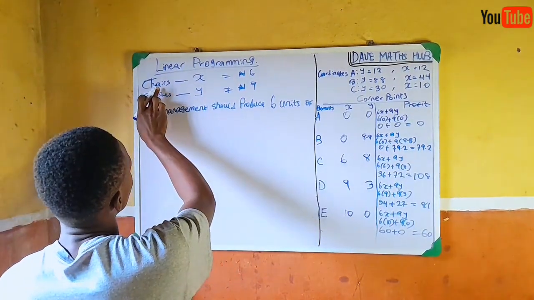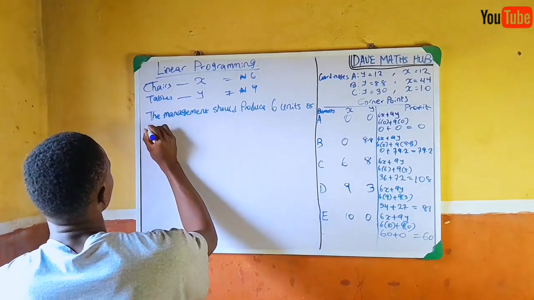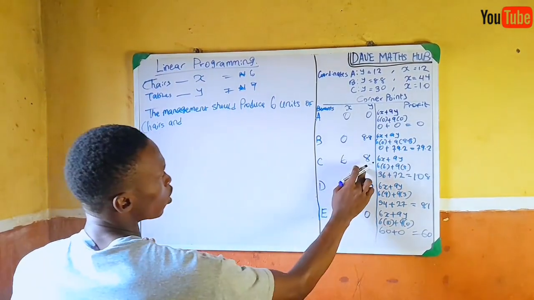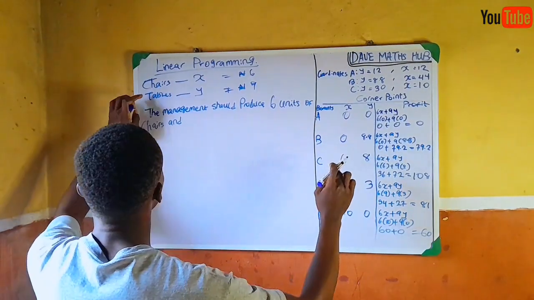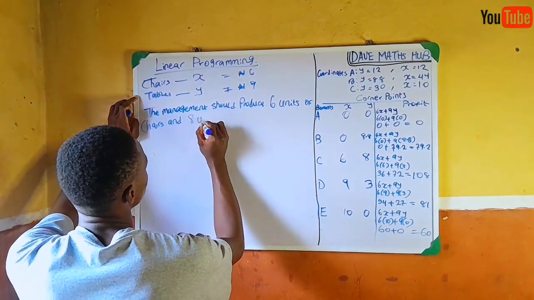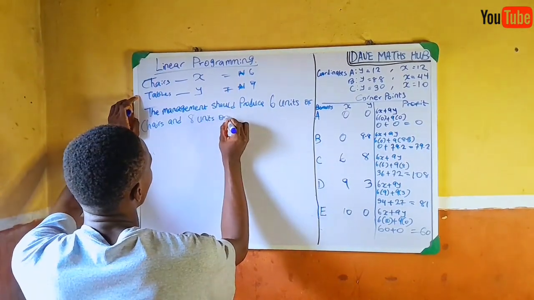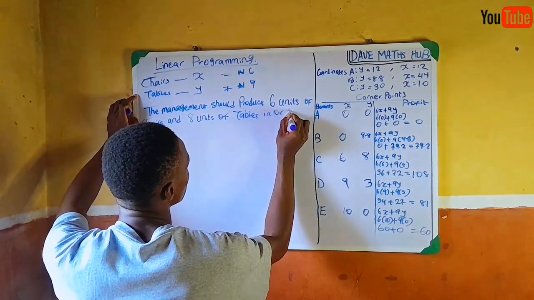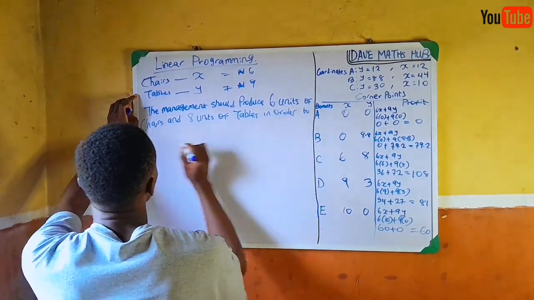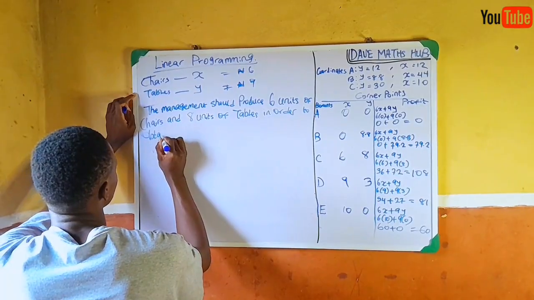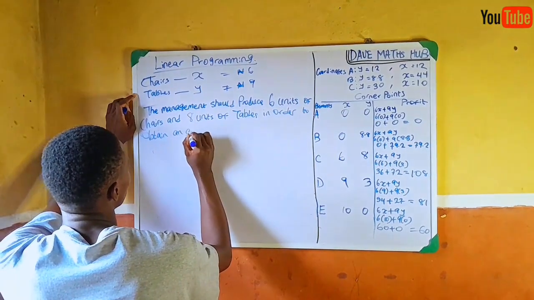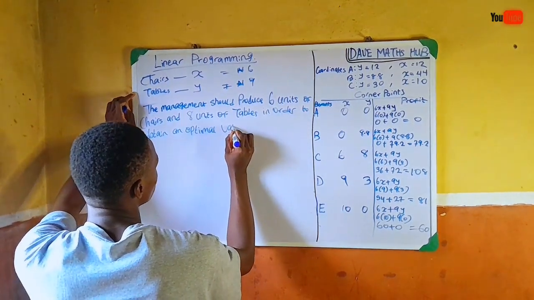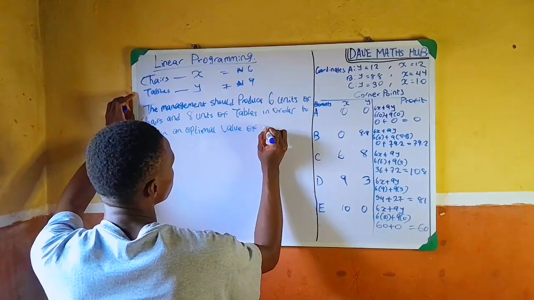Now, it was represented for chairs, so 6 units of chairs, and 8 is for y, which we know as table, and 8 units of tables in order to obtain an optimal value of